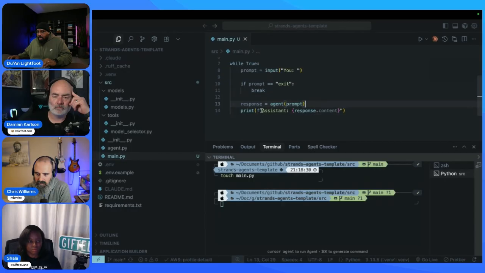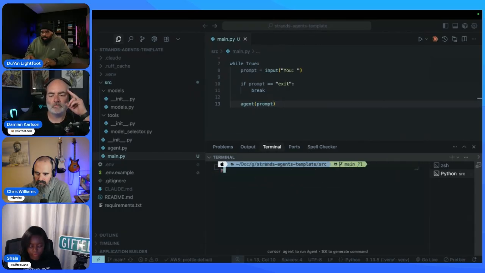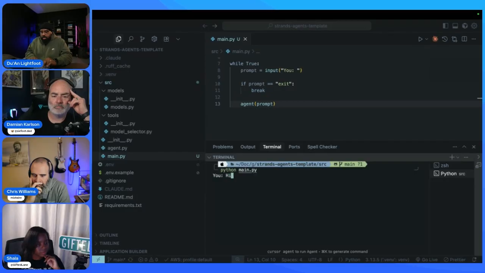We'll just do agent and we'll just enter the prompt. So this is what we'll do. We're coming through here and we have our input, we have our prompt, and we're going to run this code. So python main, we'll say hi.